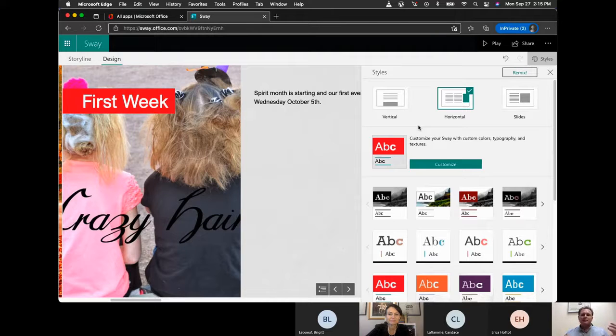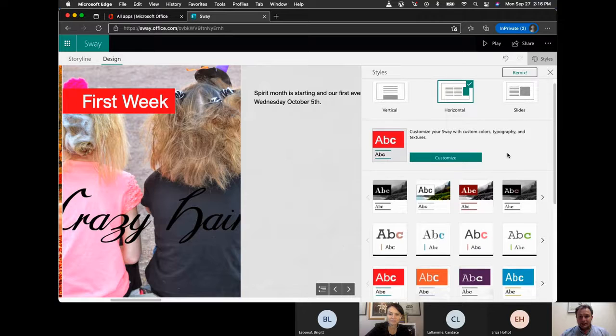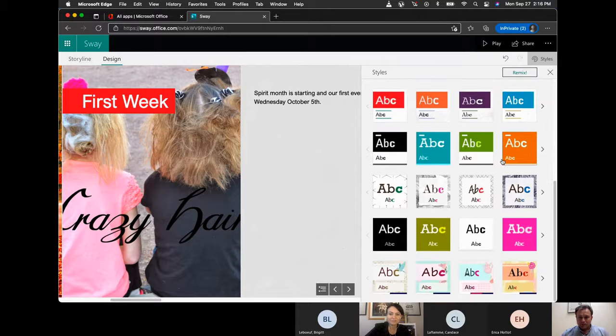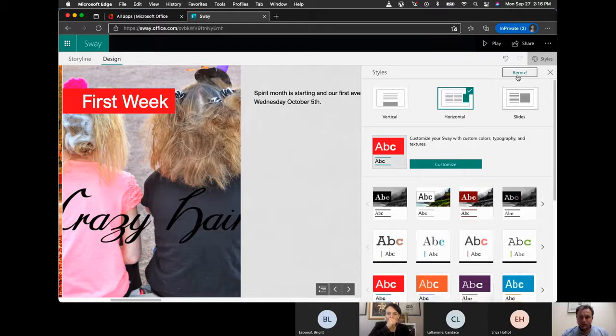And the nice thing about Sway is it doesn't make me think too much about what style I want to use, and it doesn't make me spend time choosing this. It does give me some options. You can see there are a bunch of options and a bunch of ways that I can click the style, but I can also just click that remix button. So if I click remix,